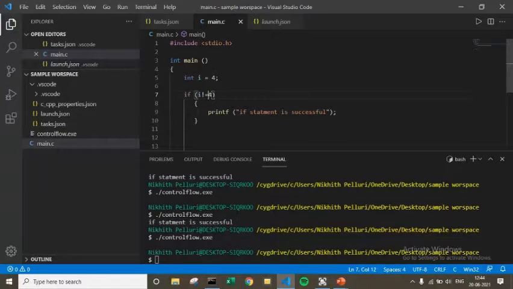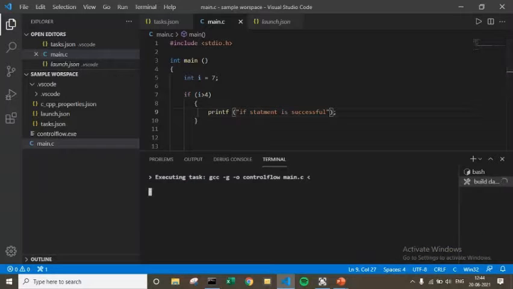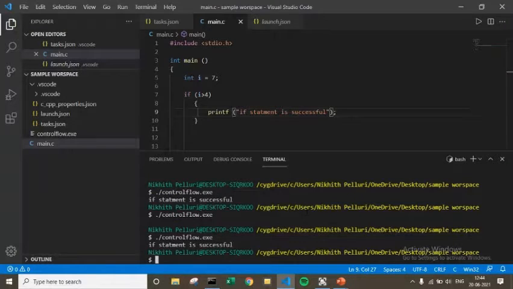So let's go to the other operators, like if I is greater than 4. Let's make it something like 7. So if I is greater than 4, this should execute, right? So it should print out the statement. Yep. And let's see the other side, so this says that if I is lesser than 4, print this.